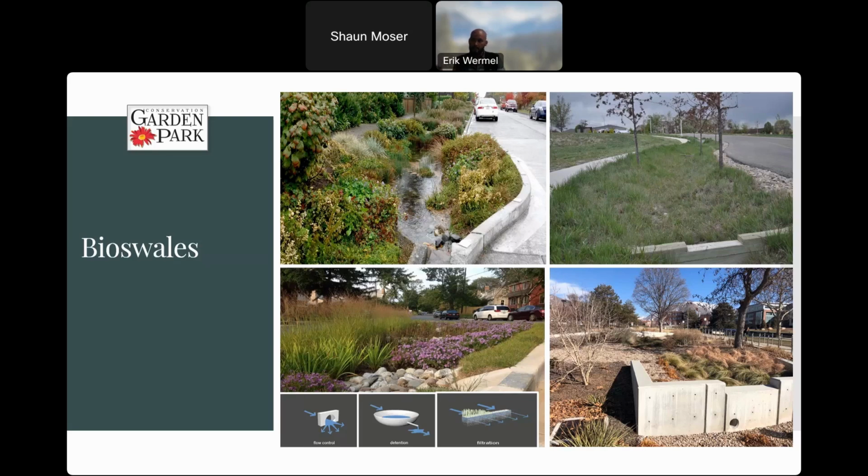Bioswales go beyond basic flow control, though, and incorporate those aspects. And then some even include things like weirs. You can see in the top right photo, it's that small structure that looks like it's holding the water back, and that is its intent. They're sometimes called beaver dam analogs in wild areas, but it's another element that's added to create a more natural stream element where you have either things that are blocking flow or stopping it to slow it down, or you can actually build them. So it slows it down, it creates in that bioswale some more infiltration, more aspects of slowing that water before